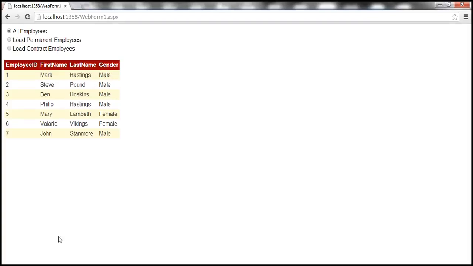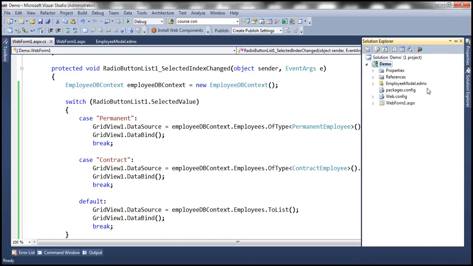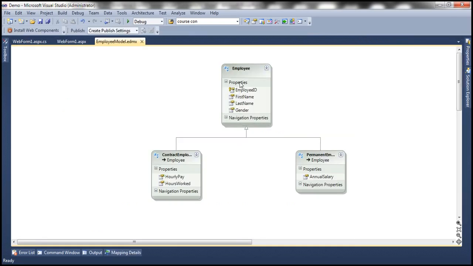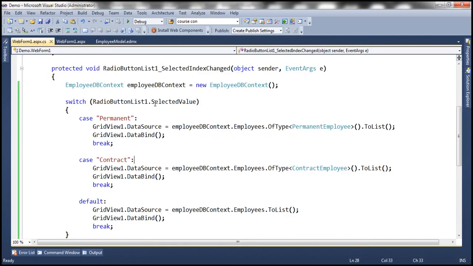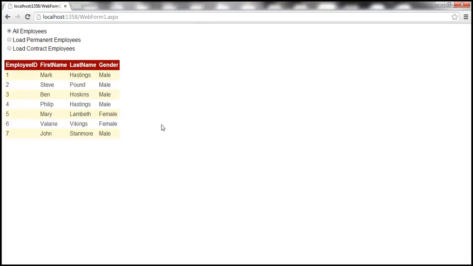That's basically because if you look at the employee entity, that's what we have got within the employee entity. So those are the properties of the employee entity. Now when we selected load all, which is the case of default, we are storing the list of employees. And if you look at the employee entity, they have got only ID, first name, last name, and gender properties. Now, if you also want annual salary, hourly pay, and hours worked to be displayed on the web form, then